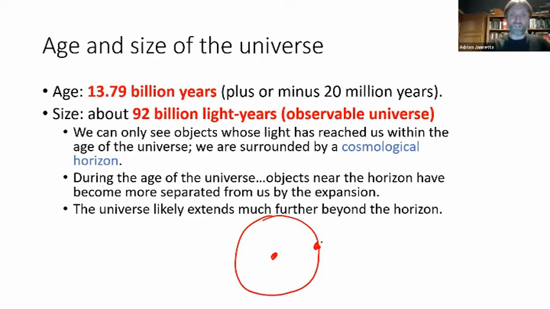Okay, so what if you were an observer in a galaxy here? Well, you'd see us on your horizon, but presumably in the other direction, you'd see galaxies that way. So the distance from here to here could be the size of the observable universe, but likely it's much bigger as well. Now, if this distance here has taken light nearly 14 billion years to cross, during